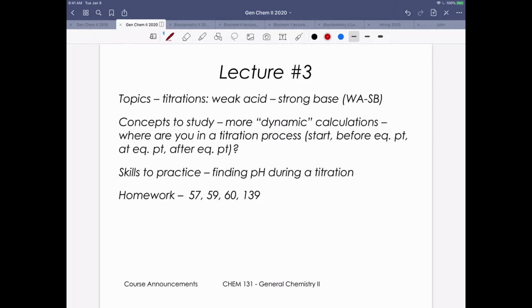Hi guys, so our third lecture in our learning unit here on complex ionic equilibria is probably as rough as it's going to get, I promise you that. This has to do with titrations of weak acids with strong bases. And as kind of the companion to this, as an in-class problem, I'm going to have us work on weak